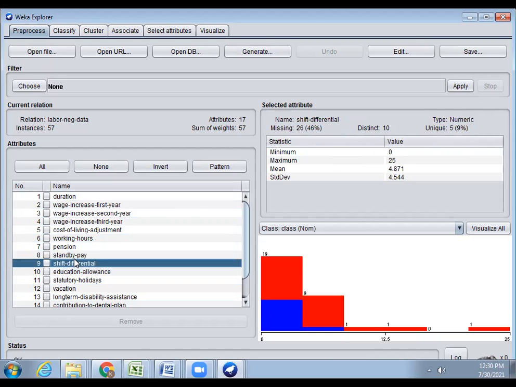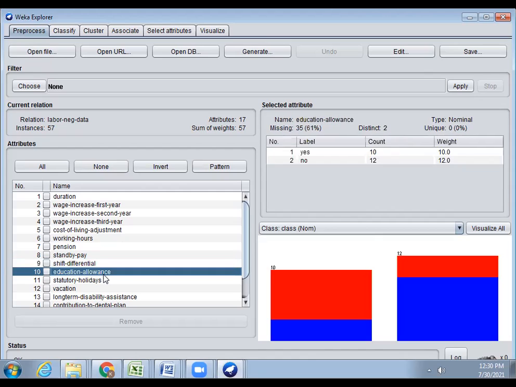So this is one way to proceed with pre-processing. Another way: if we want an association process or clustering process, then for frequency type we have to move to discretization.